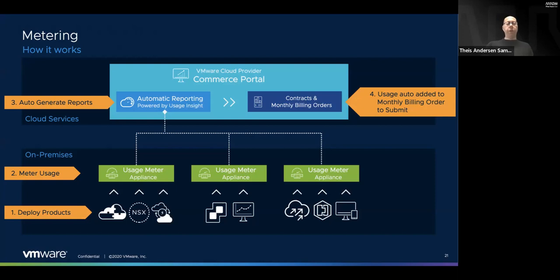Shortly about how metering is working. So you deploy the products on your installation. You deploy the usage meter, connect it to the products that you have. It will pick up the consumption. It will push data into a cloud service with VMware, where it will push them over to the commerce portal